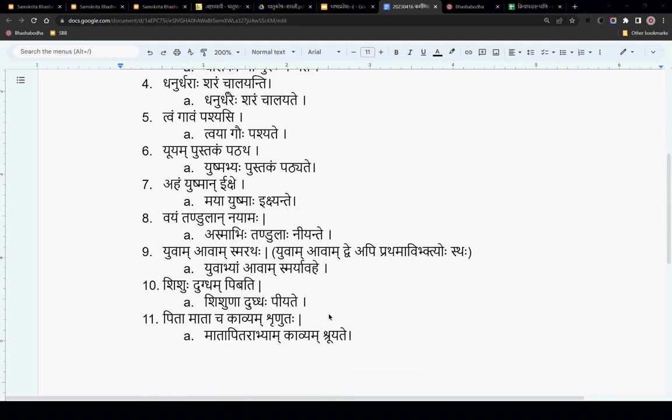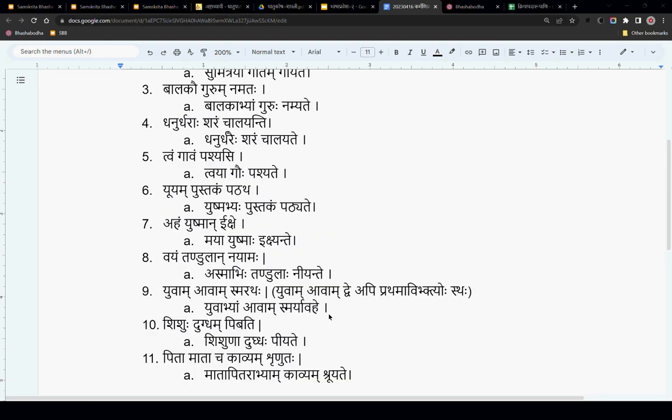But in that one thing I found in the original sentence: Yuvam, Avam, Smarataha. Yuvam and Avam both are in the prathama vibhakti? No. So you'll have to figure that out; that's what the Smarataha is given for. Yuvam cha, avam cha, smarataha. What is the meaning of smarataha? This is for which purusha?